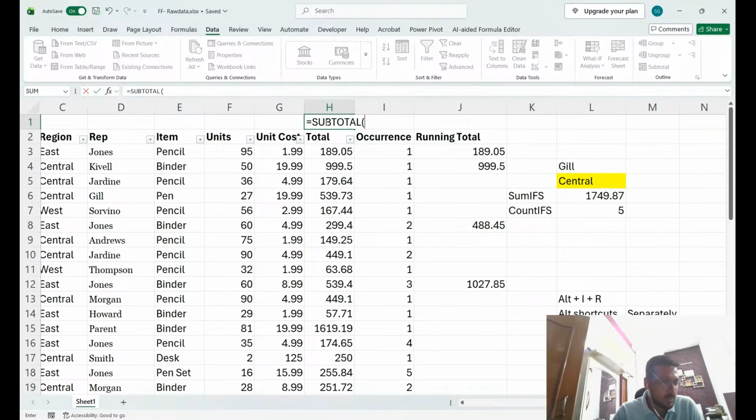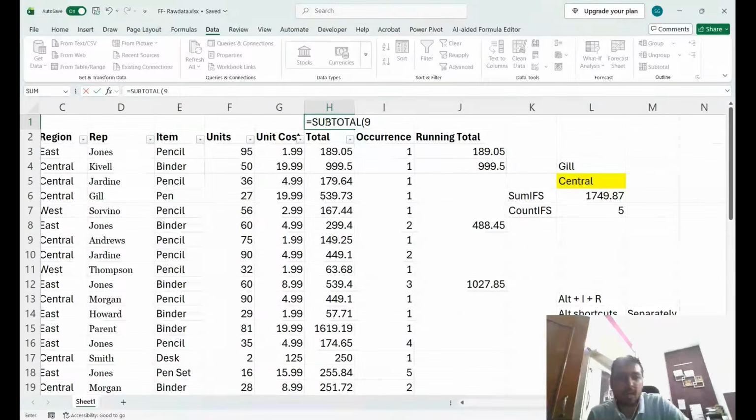But then what is the use of this? What is the use of this if you have not covered filters? Absolutely. If you don't know about filters, subtotal is useless for you. So we're going to reiterate on this once we cover filters as well. But for now, we'll use equal to subtotal, and we're going to work with item 9, which is sum. Press 9 and press comma. If you look at this list on your screen, you will find 1 means average, 2 means count, 3 means counter, and so on. So 9 means